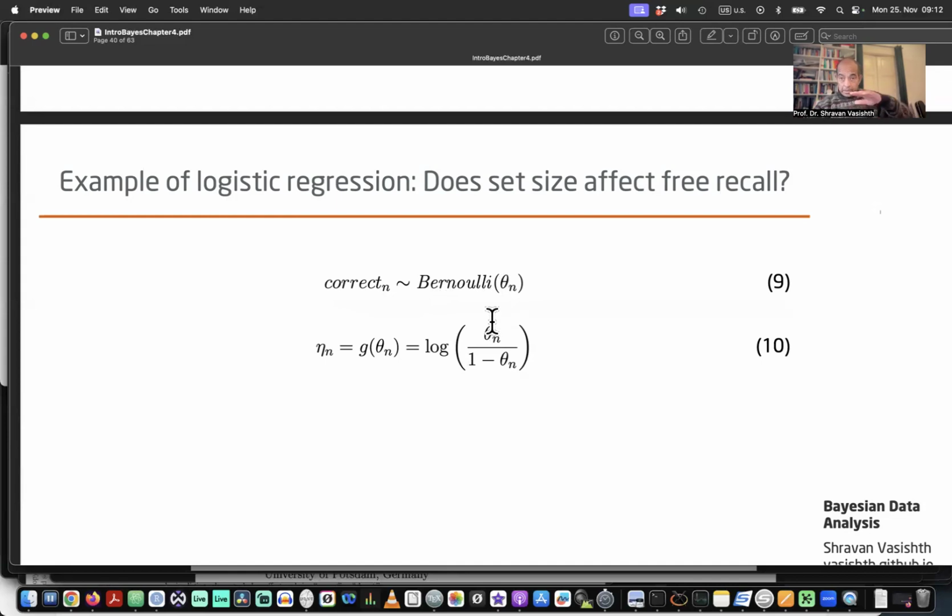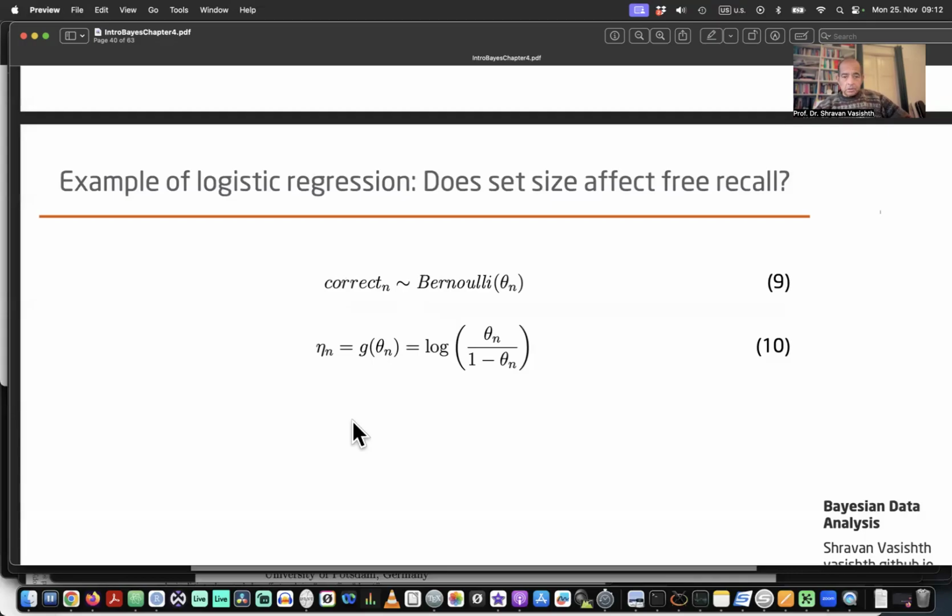Every row will have some probability of a correct response, and that will be a function of the set size, so it will definitely change with every set size. We are not going to model the observed 0, 1 responses directly, but rather